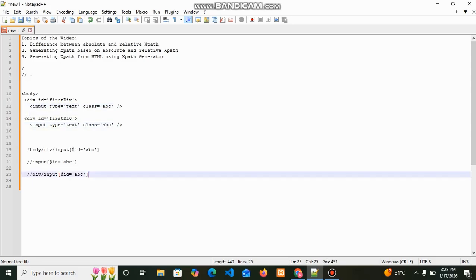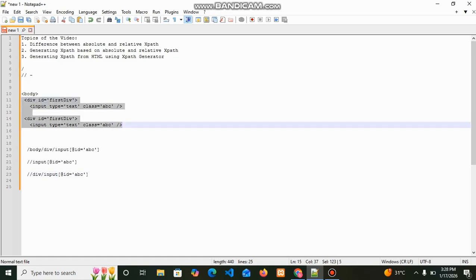So if I give div input element @id equal to ABC, it can find the first element, since the XPath has duplicate elements as part of the HTML.